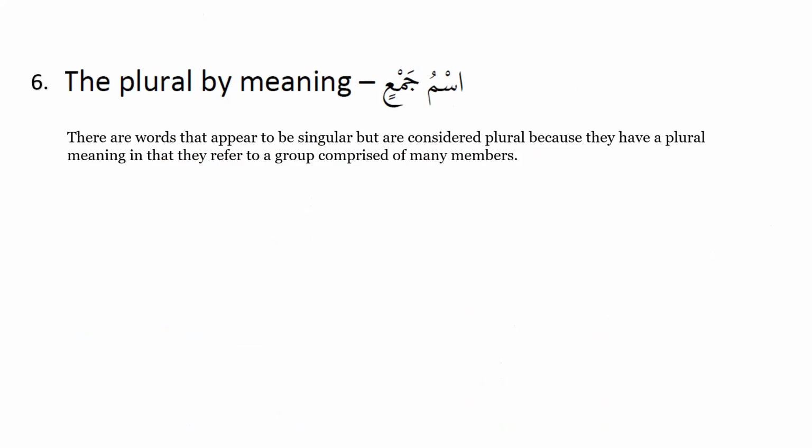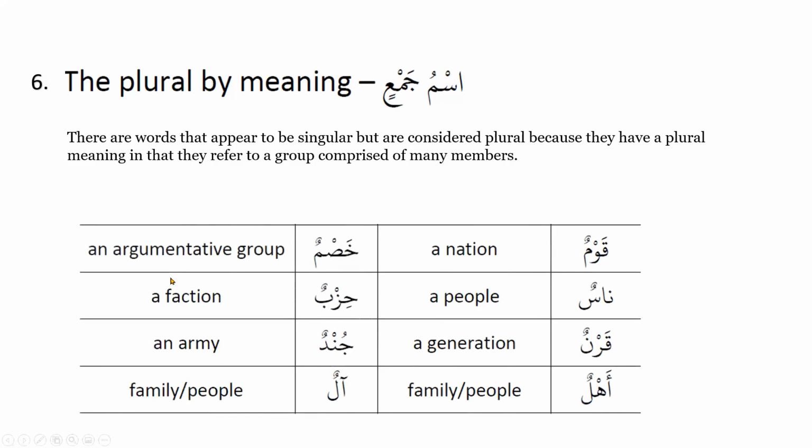Like we have the "Arabs said so" feminine, you can also say that these are plural because the Arabs said so. But although the Arabs said so, they have a category. You can see the meaning of all of them is kind of like a group. I will list a few of them here. These words, because of the meaning, are plural. The plural by meaning.